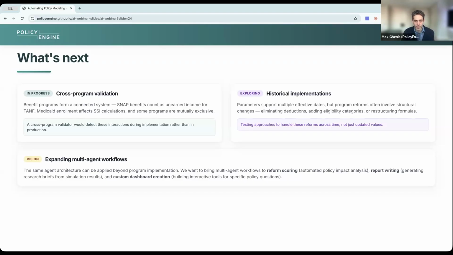Maximilian asked about waiting periods, time limits, and work history. We do have that for some programs, although the typical nature of how programs access our rules is just point in time. So that's why it's not quite as developed as the other pieces. If we have to look at how long you have participated in TANF, for example, that is possible in our system. It's just not currently used in that longitudinal way by our customers. But it's definitely possible in our system, and we're looking more at it.